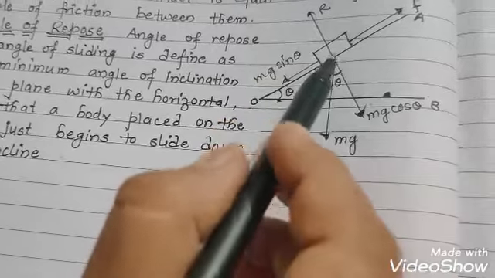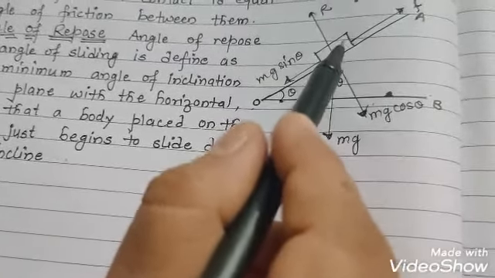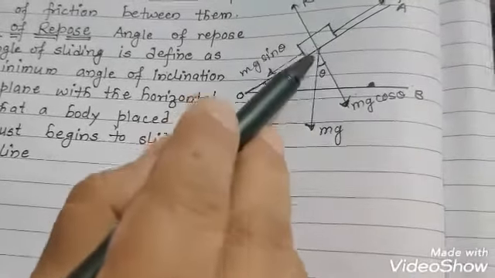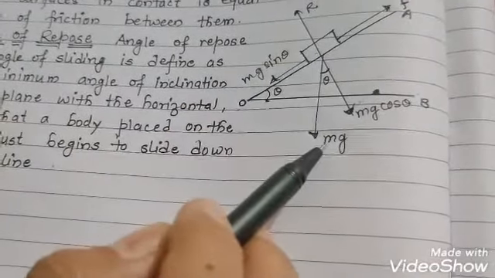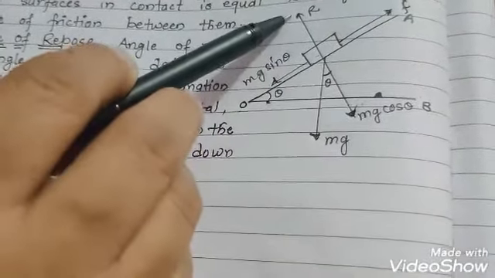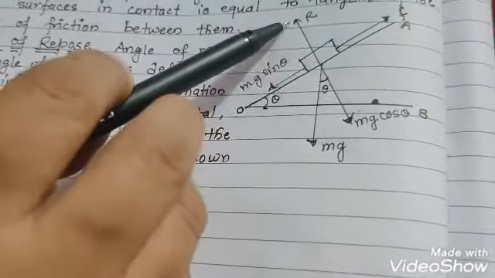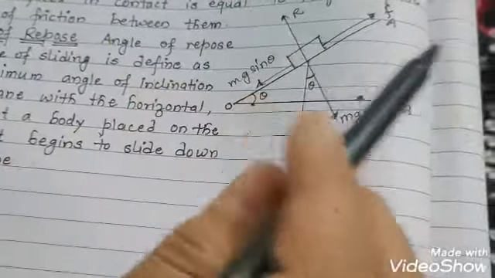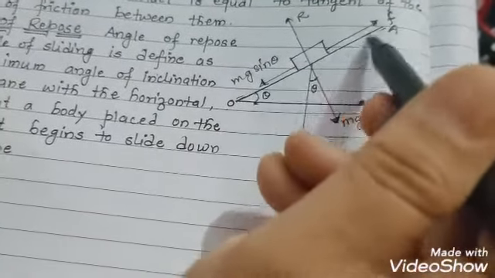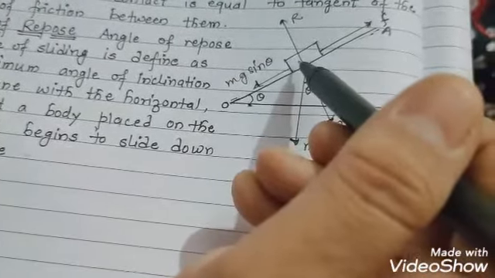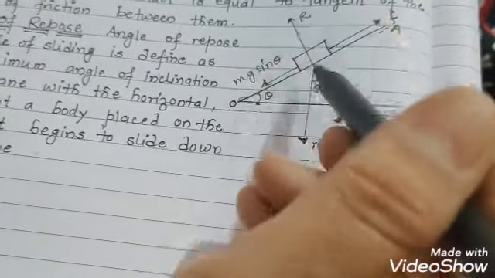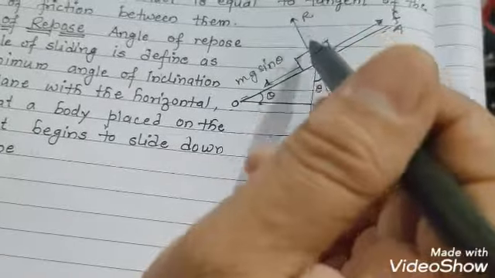Okay, now in this block, other forces are working here. One is the weight, acting perpendicular downward, and a normal reaction R is also working, but that will be perpendicular to the surface. Perpendicular to which surface? OA, on which the block is kept here. So the normal reaction works in this direction, perpendicular to the surface.